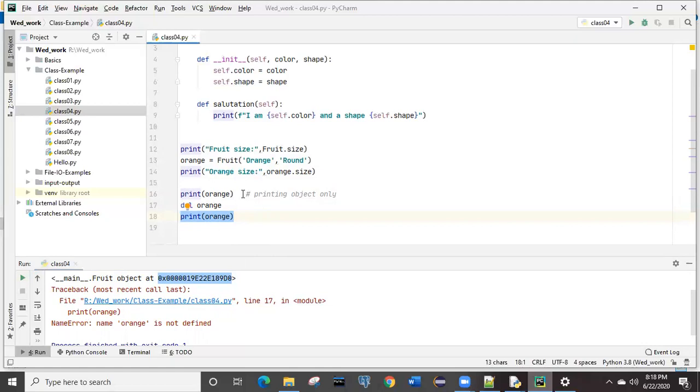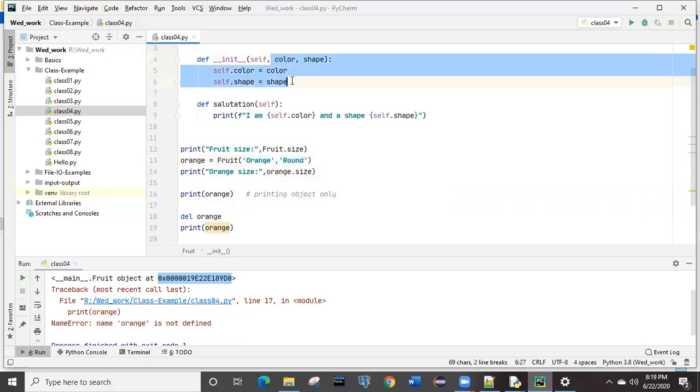Now here, before deleting, because we have set some properties of that orange, when you create this orange object of this fruit class with the two arguments, it will come to this one, and the two arguments will be initialized with these two properties, right?